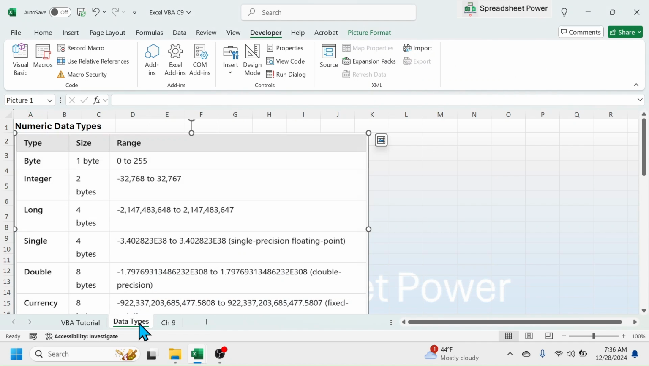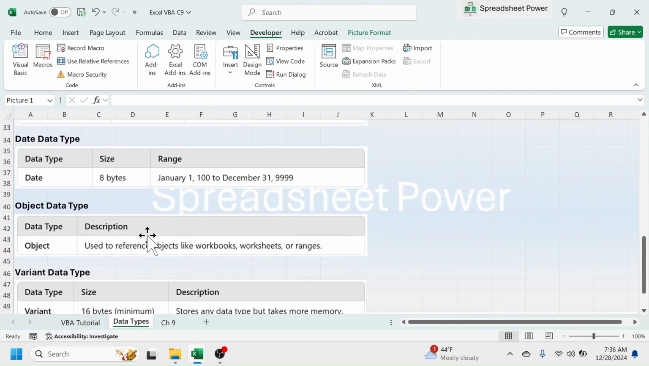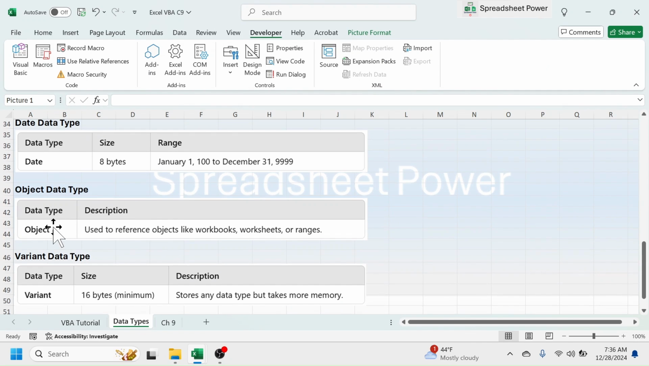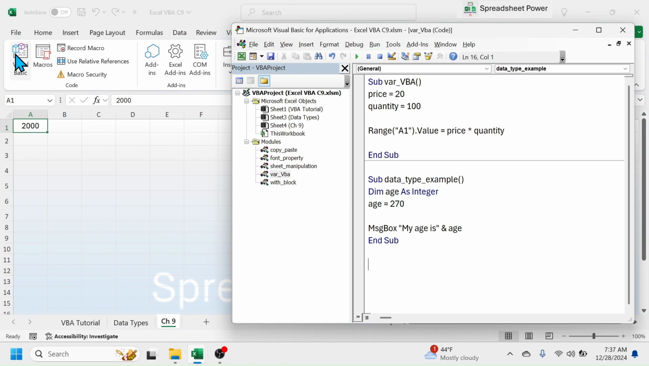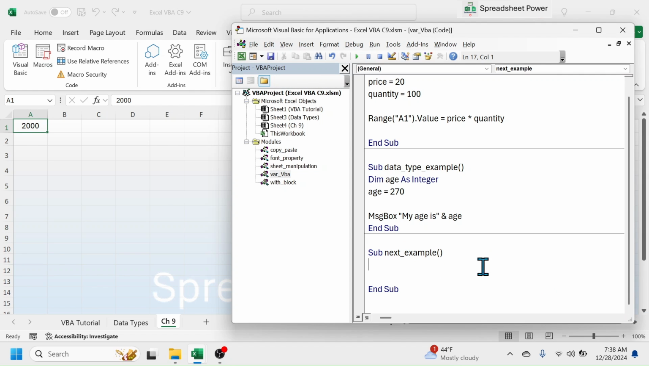For that I'll use another data type, that is the object data type. So let me go to this chapter 9 sheet again, then click on Visual Basic. Here let me create a new sub procedure, which is sub next underscore example. The procedure name you can put anything. This is just for example. Now in this sub procedure, let me write some codes. This workbook.sheets,